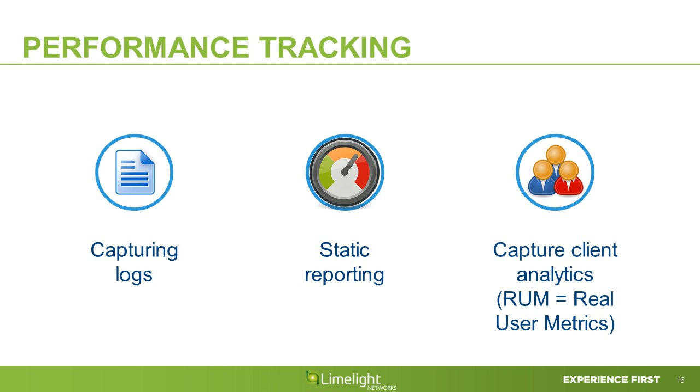Yeah, so obviously if you're looking at using dual CDNs, performance is important to you, right? So you want to make sure that you have a high ROI on your content. You can't afford any kind of downtime. So how do you know once you implement that second CDN that things are going better for you? The first thing that I have listed here is capturing logs. Maybe if you already have a CDN, you're already pulling down raw logs, you're already parsing raw logs. What you're going to have to do now is pull down logs for the second CDN, parse those logs,